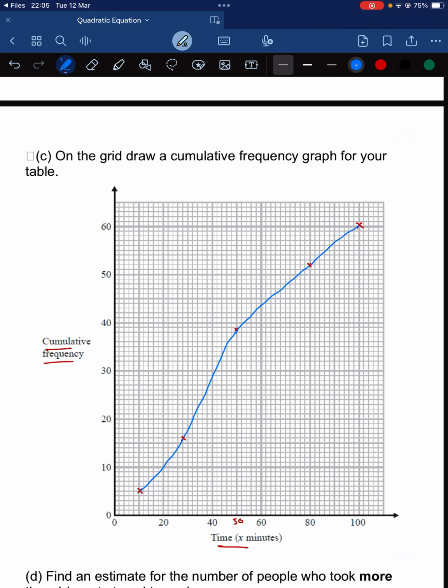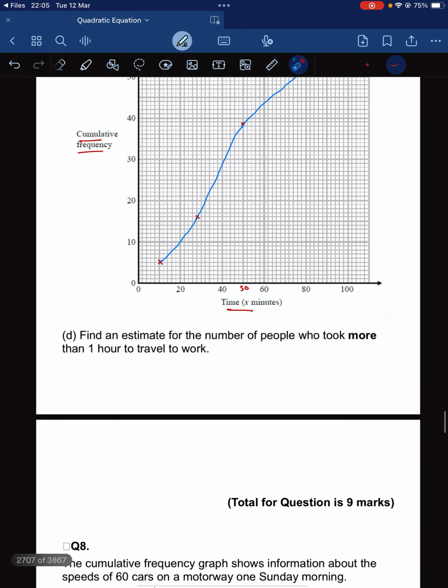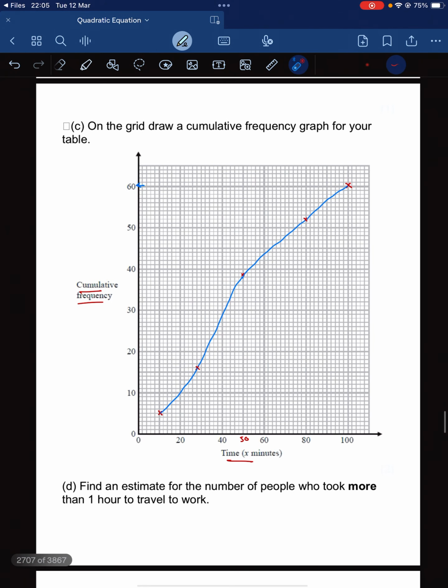So the maximum value of the cumulative frequency is 60, as you can see from the graph. The maximum value we are getting is 60. So that is the value of the cumulative frequency. Okay. Now if you have the cumulative frequency graph, they can ask you to find the quartiles or the